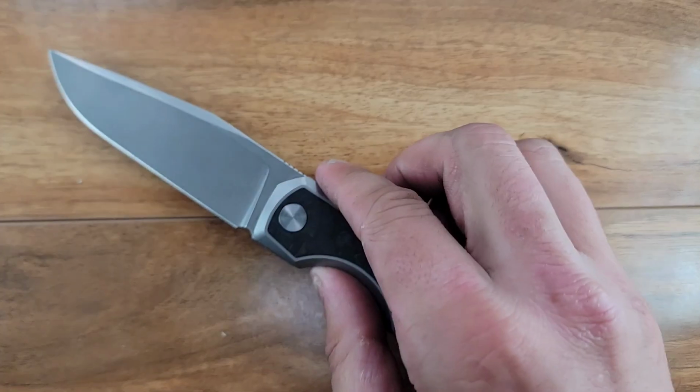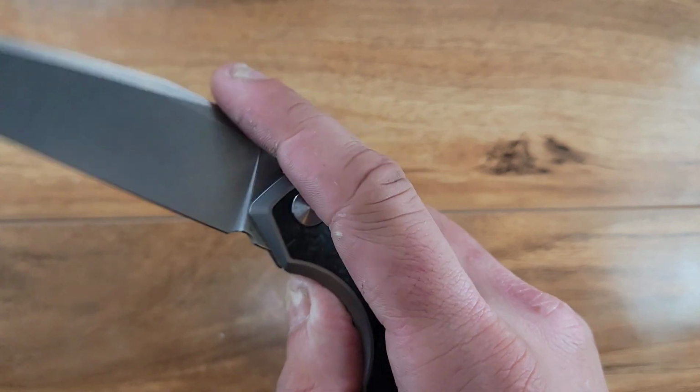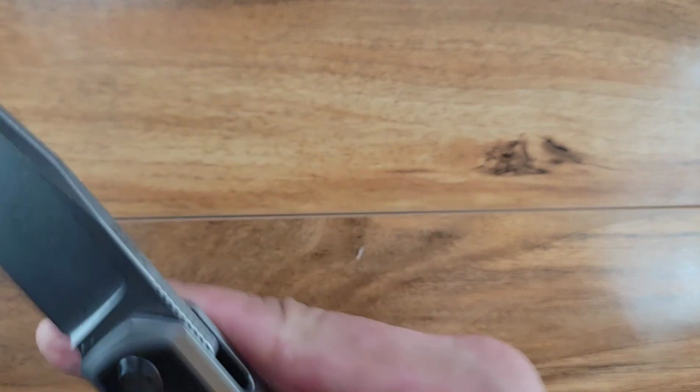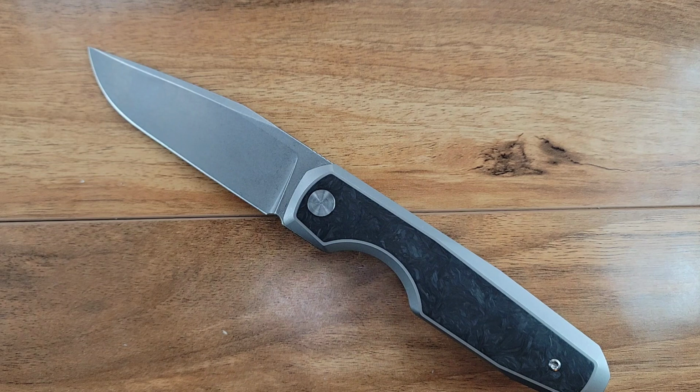The reason this doesn't get much use is I consider this a classy knife, but it fits into a weird category of it's super classy looking, it's gorgeous to look at, but it's also too big to be a normal classy knife, right? Like you're not going to throw this in dress pants. This thing's pretty large. So it's in a weird category that I don't have much practical use for, other than just satisfaction. So is this a collector piece? No, I'm not scared to use it. It's just the applications of it, you're kind of like,